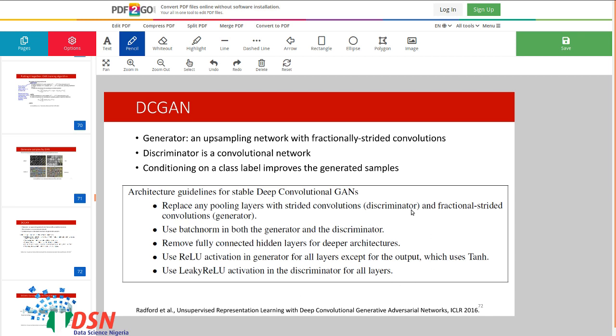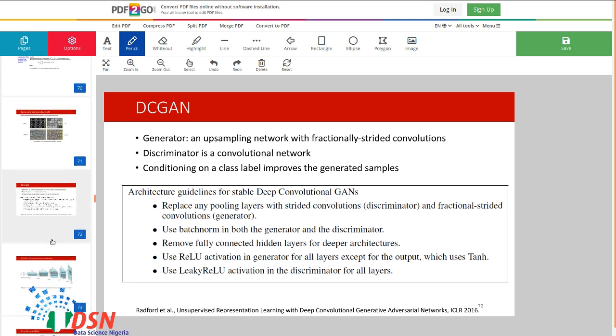So these are not maybe the most or the best rules. Maybe you could create a network where ReLU in the discriminator is better than leaky ReLU, but this is a general guiding rule, or general rules of thumb, to train a DCGAN, or to start to design a DCGAN.